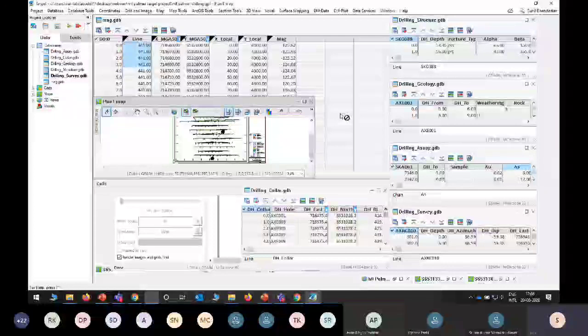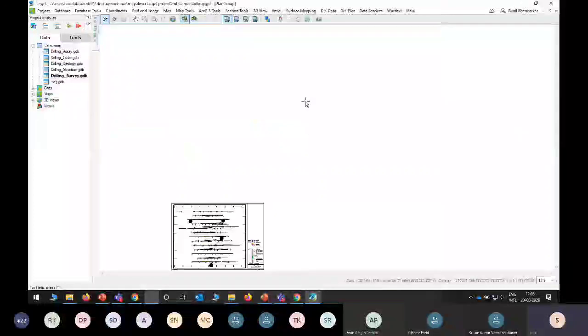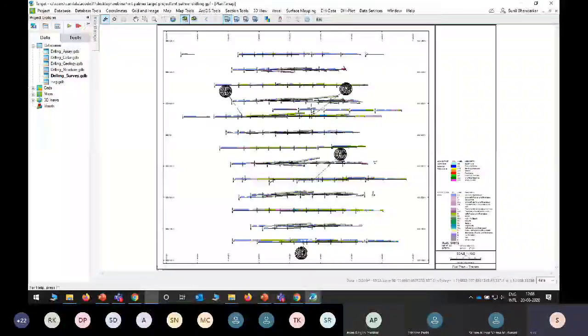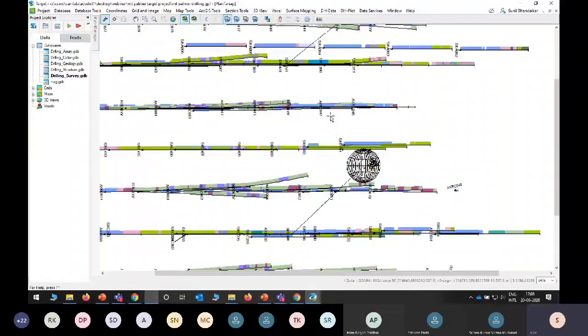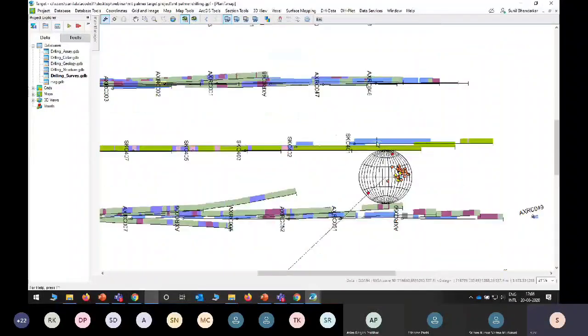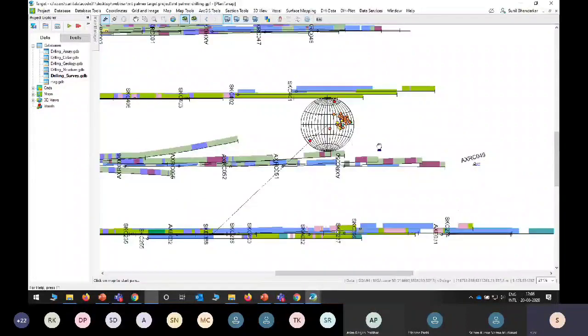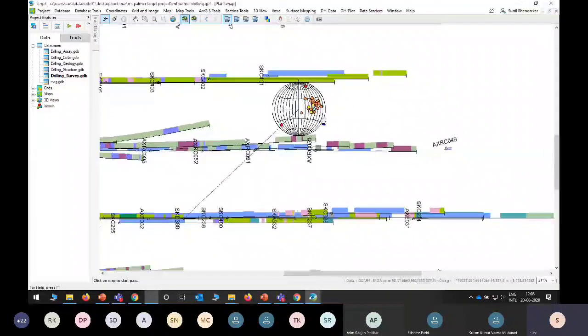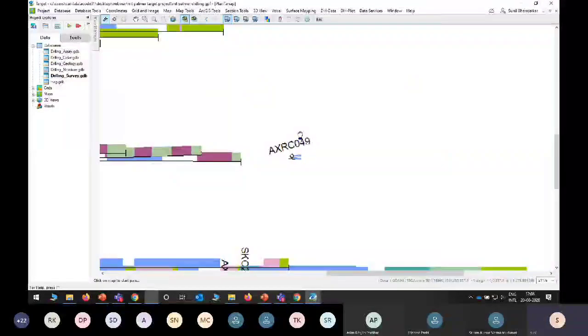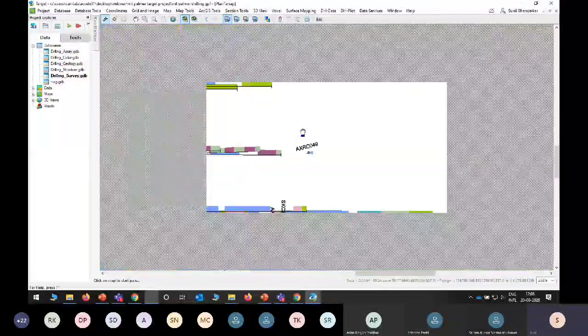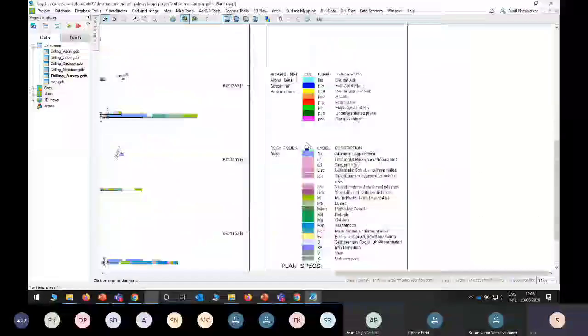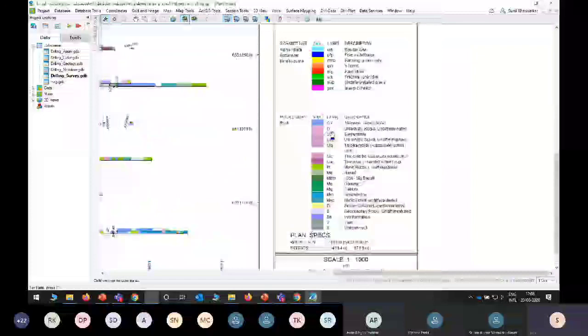No zone file was defined from the zone. Okay. So accordingly, it will create a plan map like this, basically. Here you can see the zoom. This green color shows lithology and structural data of that particular hole, and here also you can see the index in detail with respect to the symbol.